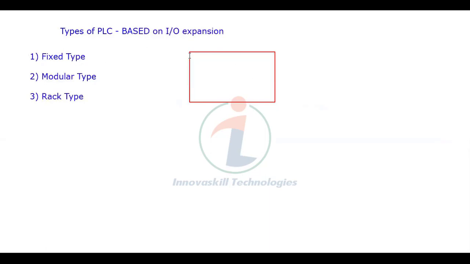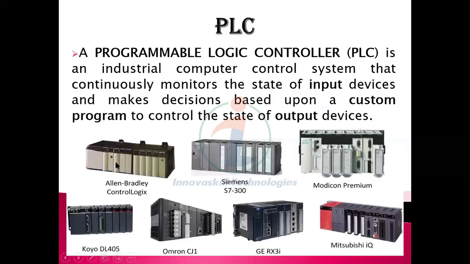How the modular type PLC is available, I'll show you in the picture. Generally, these are all rack type PLC. In a rack type PLC, see, this is the power supply, this is the CPU, next you have input, output, like that. We can increase it. It is like a rack. Different segments will be there. We can remove the segments separately, and those segments are placed in a base plate at the back side. In that base plate only, they fix all these things. I'll show you that.